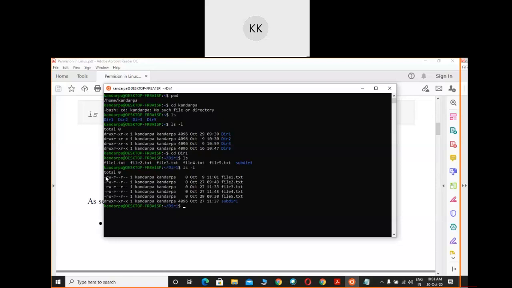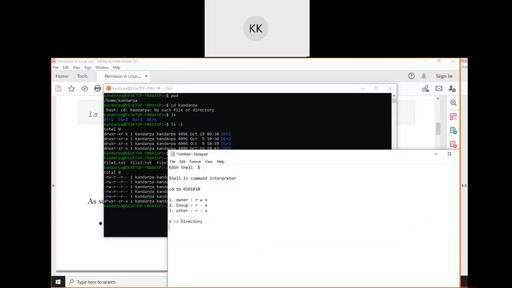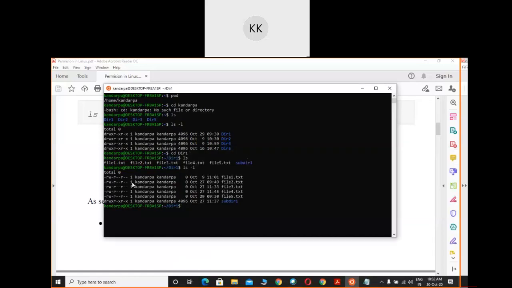So here something is different. If you go for a file, first of all you have to know that if this is a minus, then this represents a file, this is not a directory. Here let me copy this. Here you'll find, see, a file may be executable, right? So that's why this is not null. Some value should be there. If executable is allowed, then it will be X, otherwise not. You can see from this one, the rest of the things are exactly the same.